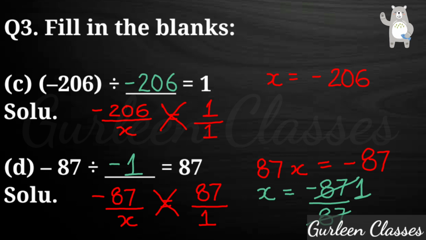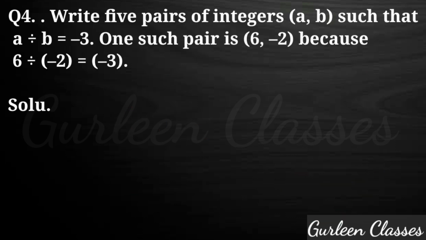So students, E to H part will be a homework. You have to do this in the same way. Where dash is given, you can write in place of that x and do cross multiply and write the correct answer. Question number 4. Write 5 pairs of integers a and b such that a divided by b is equal